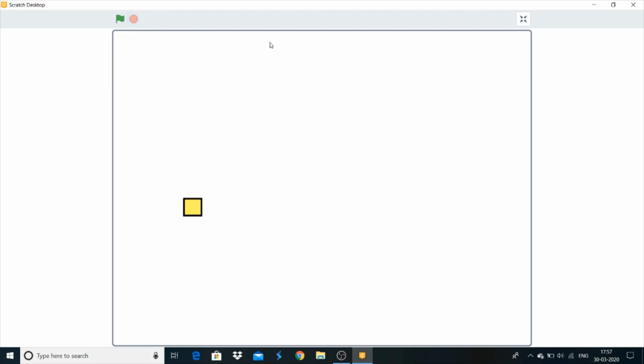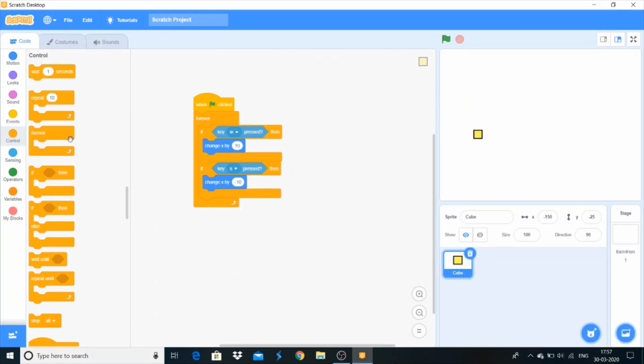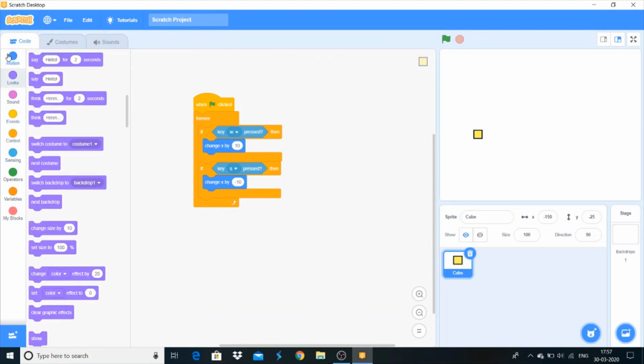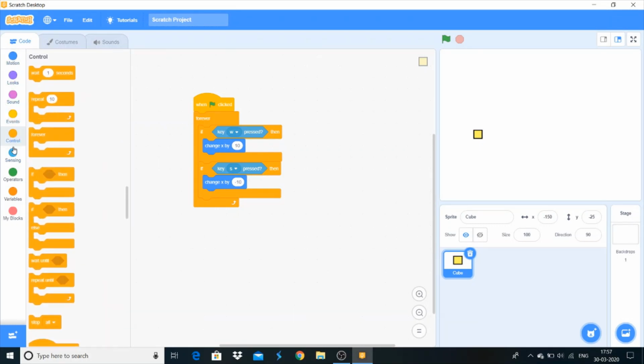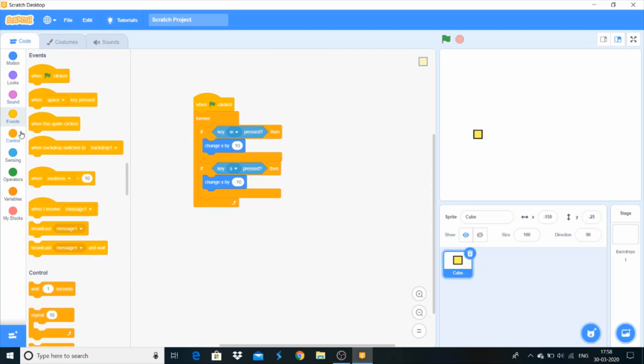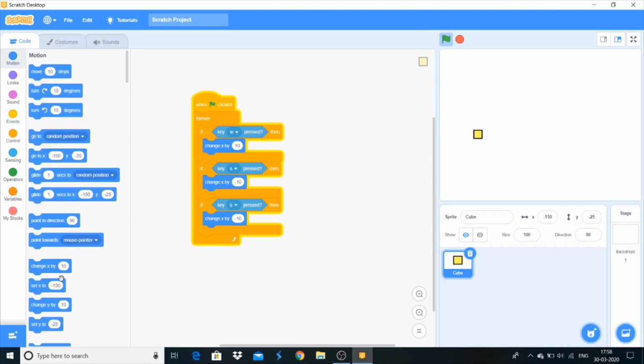So as you can already see, with this program, you can make different types of video games and stuff. This is a good way to start. So now let's start moving it forward and backward. Let's just duplicate this, and I'll need to go to motion,